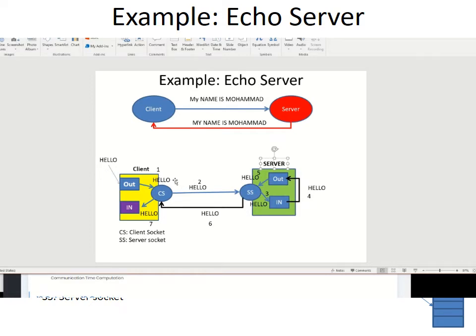What exactly goes on? The client will take this hello and put it in the out stream. This is the output stream. Remember that the output stream, as you have learned in the session, is the means to put a message